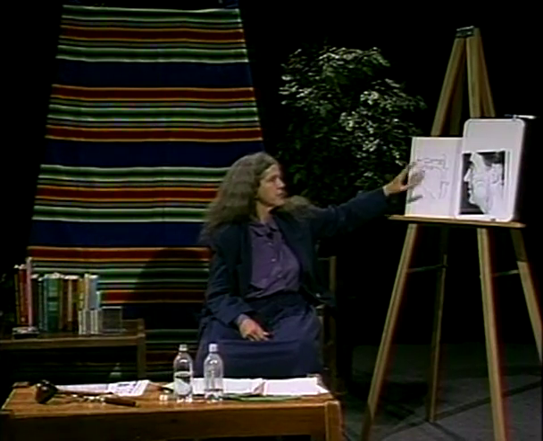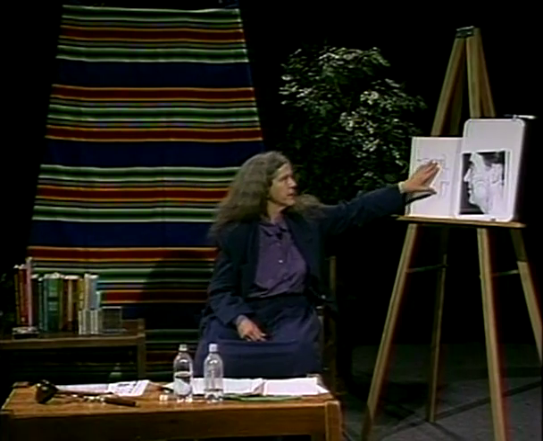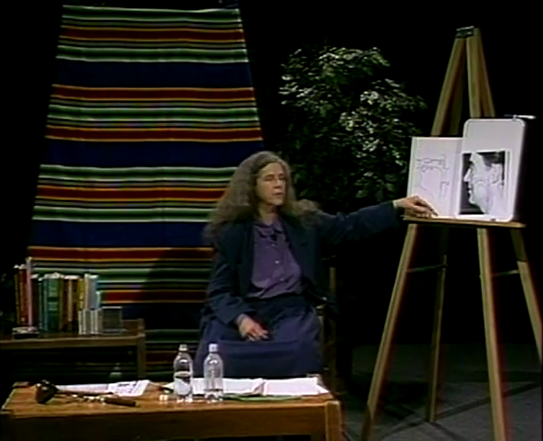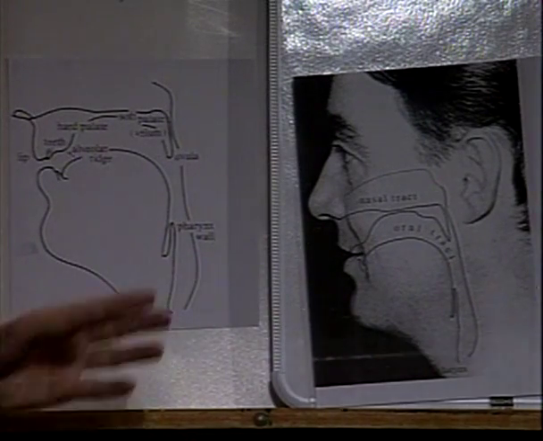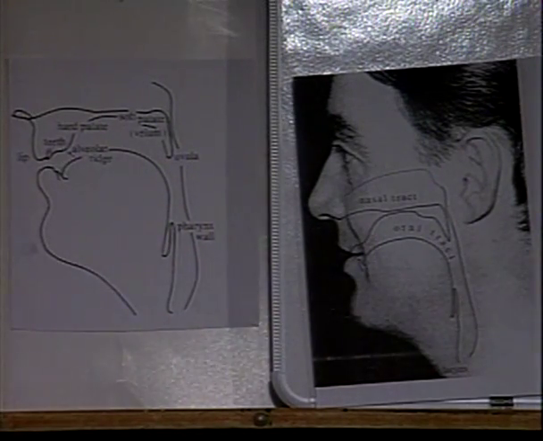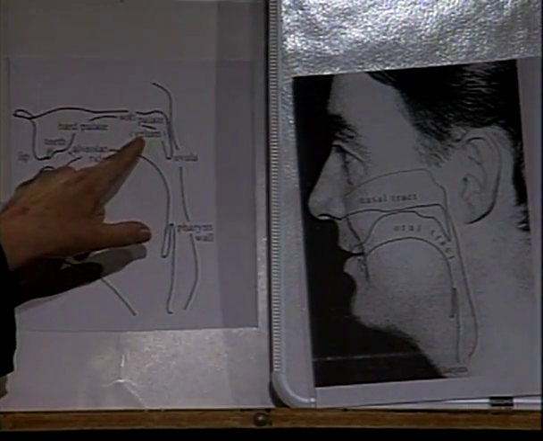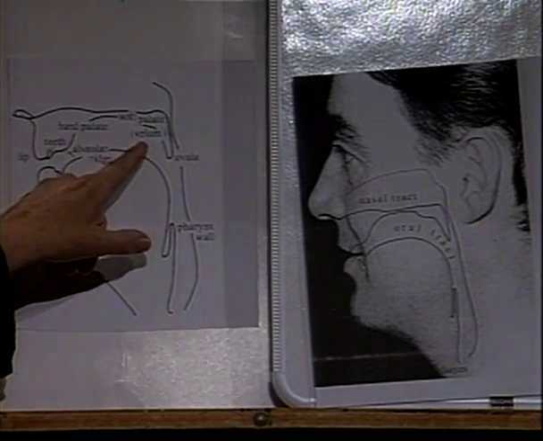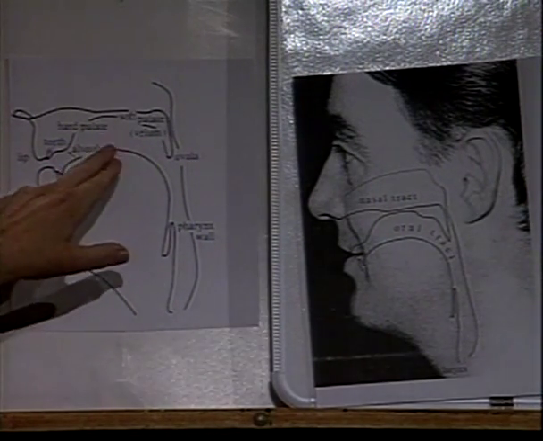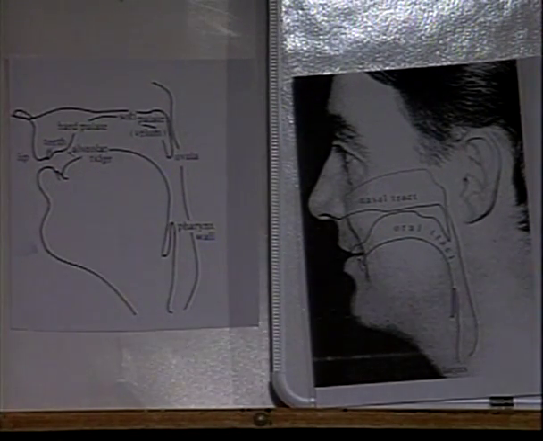So we can make an f, an s, an h. With an H sound, we really don't have anything constricted here. It's basically just the unvoiced sound of air coming out through an open vocal tract. There are other languages which have other fricative consonants in between, like up here around the velar area, in the soft palate or velum. If you bring your tongue up to here and make a fricative sound, you get a